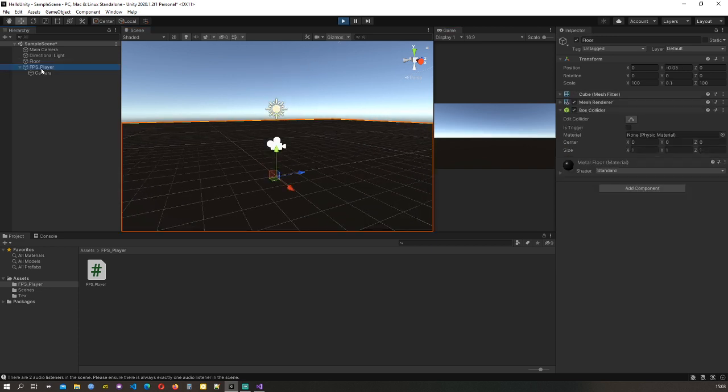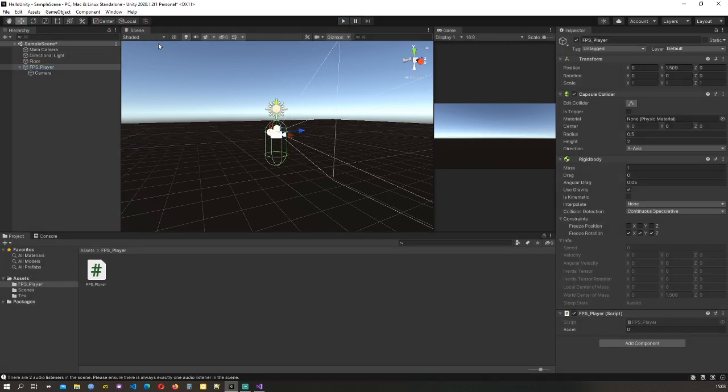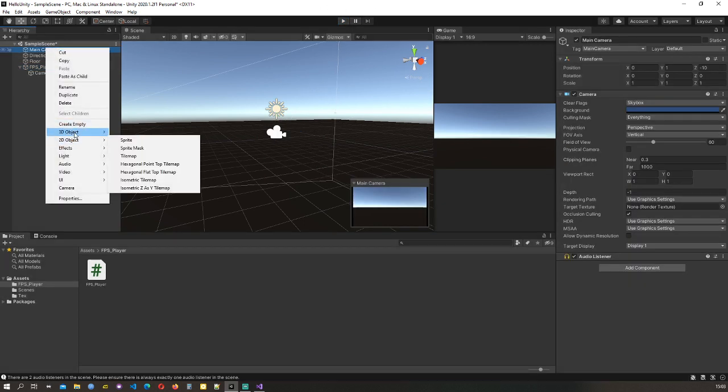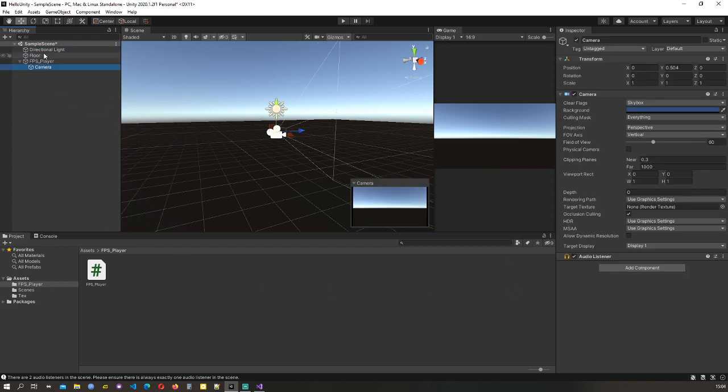Right, he's not moving now. Okay, there's two audio listeners. I hate getting warnings, so I'm going to deal with that, which is just to delete the main camera, because they come with an audio listener built in. I could have just deleted that, but